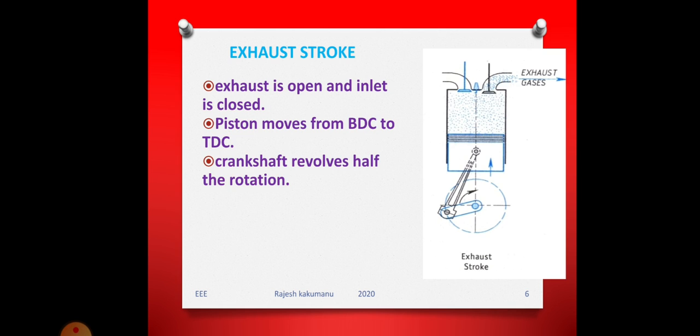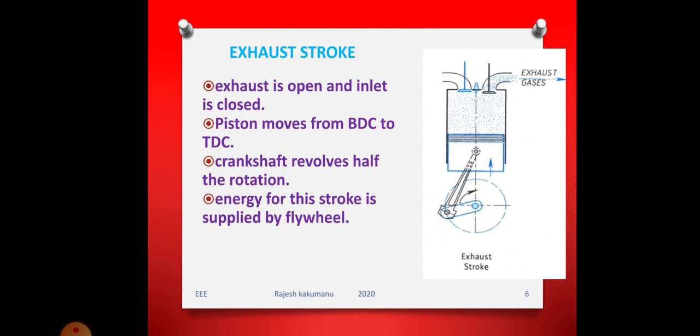Next, the crankshaft revolves half the rotation. The balance, the fourth one, makes the balance rotation of the crankshaft. Next, the energy for this stroke is supplied by the flywheel. In the fourth stroke, during the three strokes the energy is automatically stored in the flywheel. Flywheel means, in the last classes I showed where the flywheel is: the back side of the engine, sideways of the engine with the belt drive.